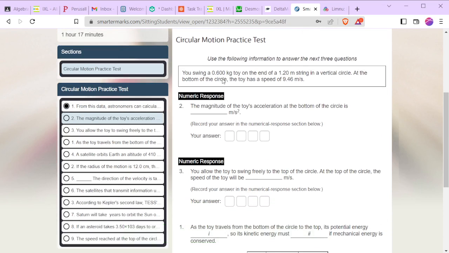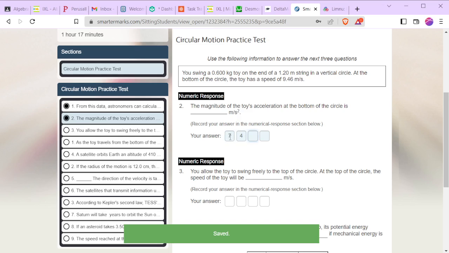So next, we've got a 0.6 kilogram toy on the end of a 1.2 meter string in a vertical circle. At the bottom, the toy has a speed of 9.46 meters per second. Well, the magnitude of the acceleration won't involve the kilos, it's just v squared over r. So that's 9.46 squared divided by 1.2. So we're at 74